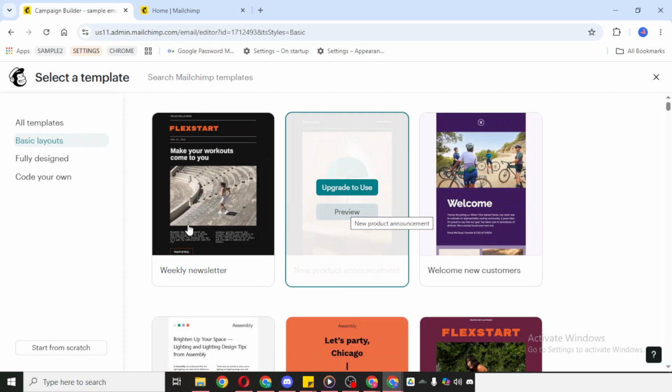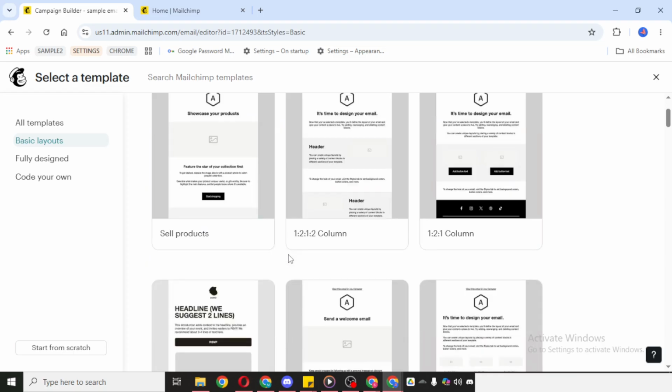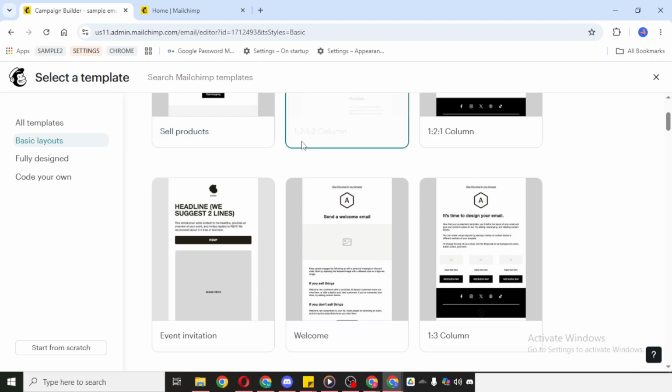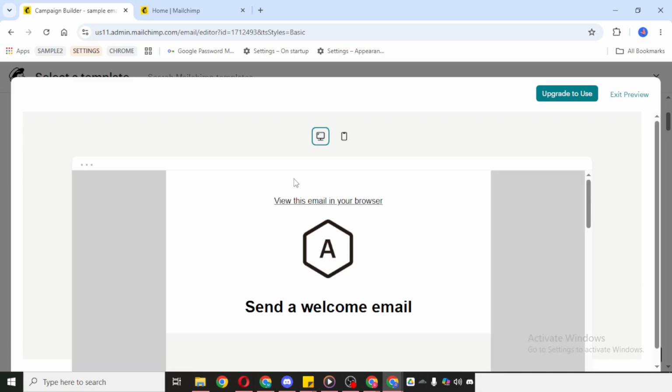Then continue by entering the necessary details for your campaign. Depending on the setup, this can include things like your subject line, preview text, and other basic email information. These details are important because they shape the first impression your audience gets before they even open the email. Try to keep them clear, relevant, and aligned with the message you plan to send.